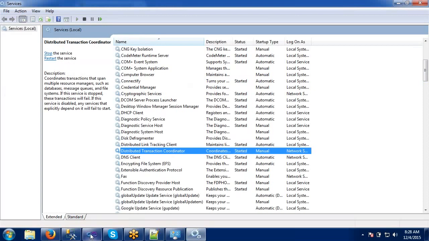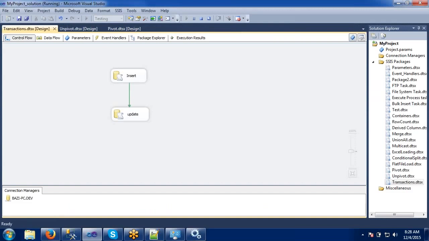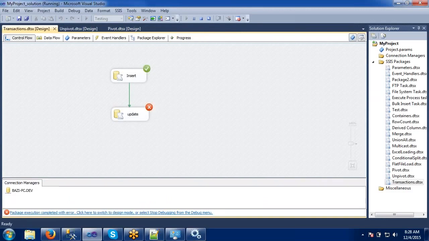Now let's run our package once again. See, now it executed. Why did it fail earlier? Because the service was not yet started. Now if you see this one, the first insert is successful, the second one failed.